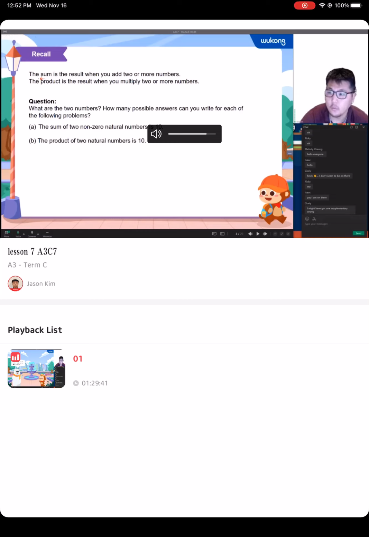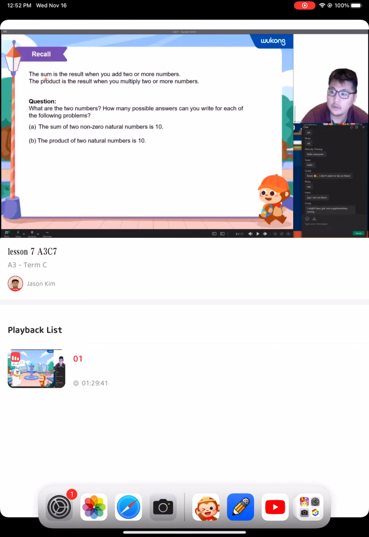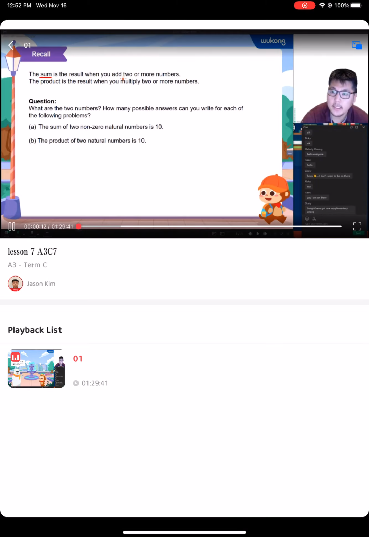Sum is the word when you add two numbers or add more numbers. So basically it's adding. Now product is the result of when you multiply. Okay, so what are the two numbers and how many possible answers can you write for each of the following